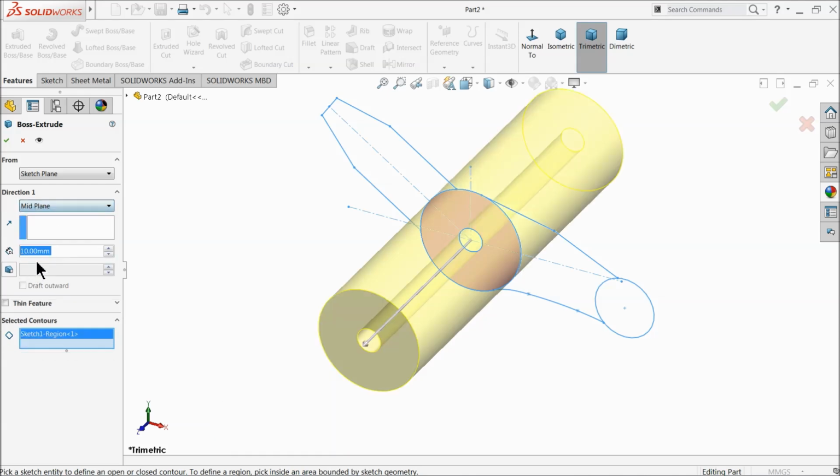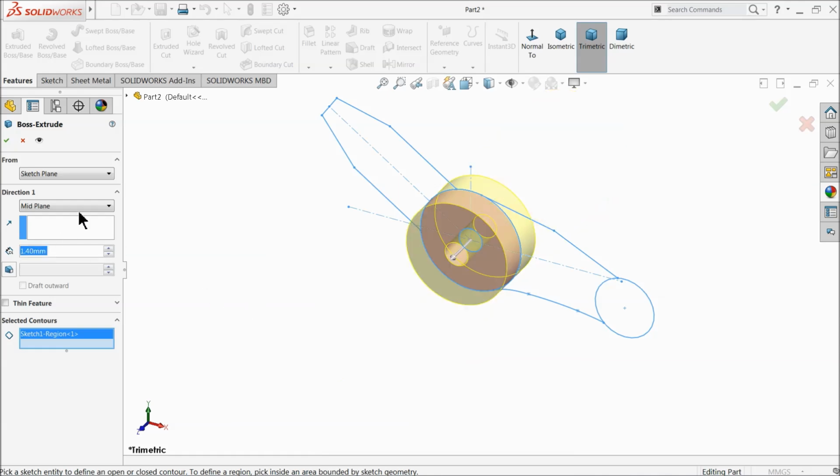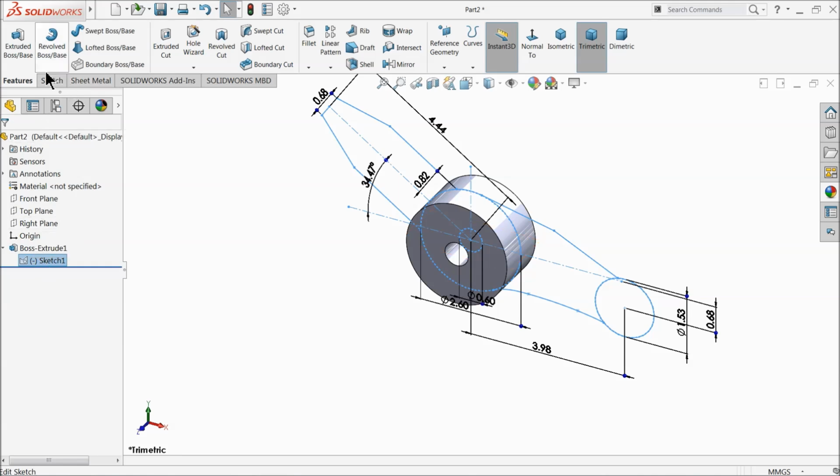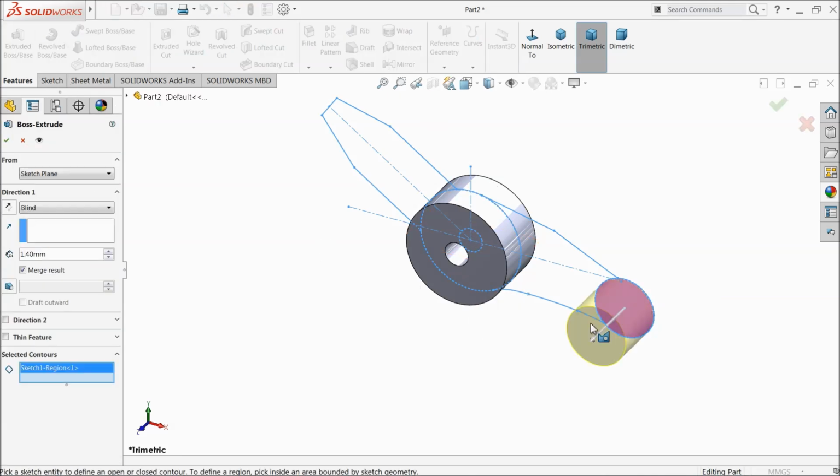Keep end condition mid plane. 0.7. Okay, that's it. Now again choose the same sketch, extrude, and here select this circle. Now this one also we will make 1.4